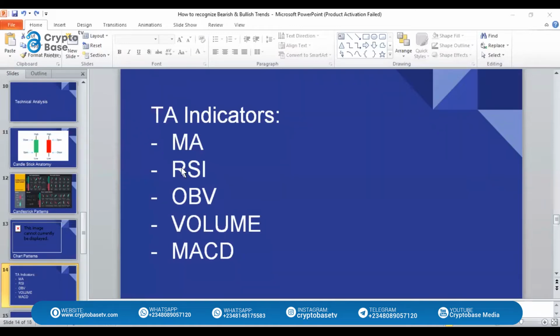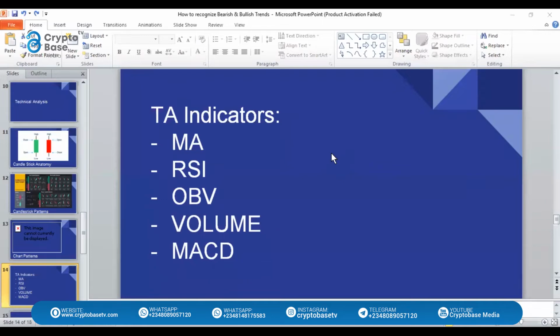Then there's also the relative strength index. You see this one across the exchanges. You see it in Binance, you see it in TradingView, you see it in FTX, you see it in a lot of exchanges, guys. So we can make use of this RSI, but the most used and correct RSI, relative strength index, is 14. This is a 14-day RSI. That's the most correct one.